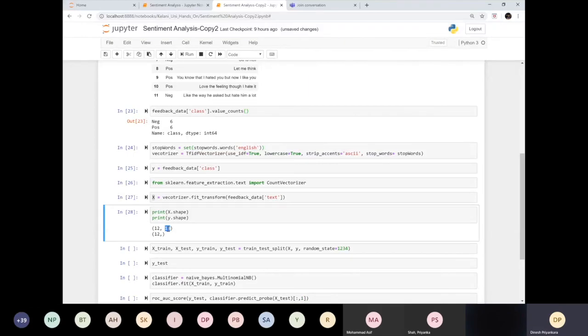We didn't have 18 columns, but what has happened is when I use the vectorizer, it creates a DTM, document term matrix. So all the values coming from these texts have been converted into columns. That's why we have 18 columns now, and just 12 records.